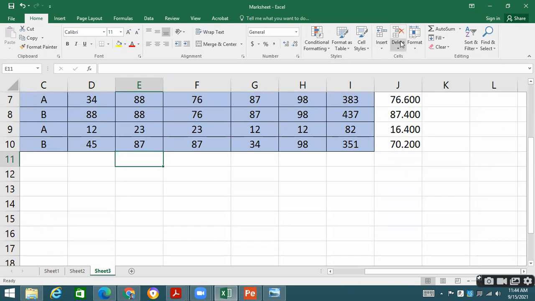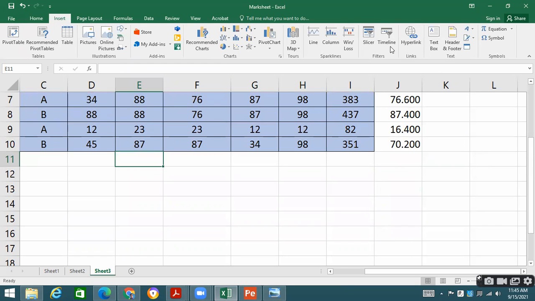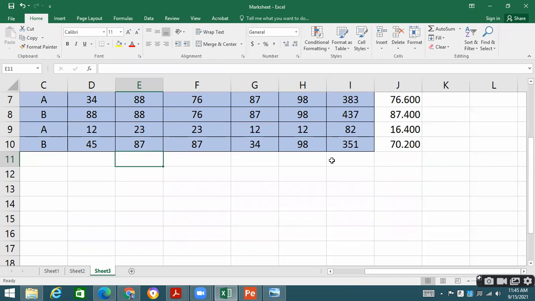For example, we go to Insert and we say insert date. You know that we have the option to insert the date in our document. Let's suppose I am typing over here, today it is 15th September 21. This is one format.